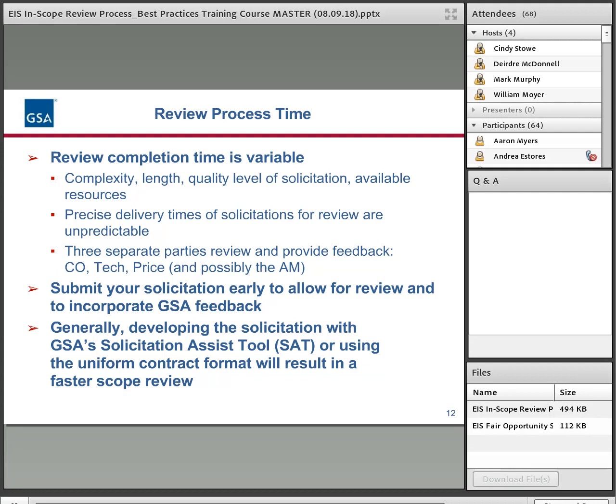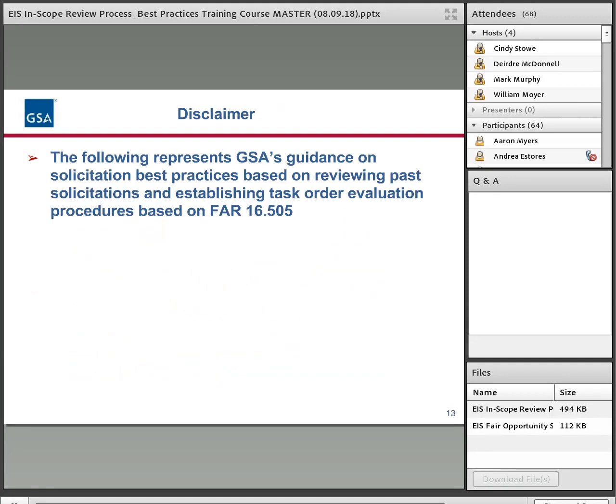But as I said, workload, how many are in the queue, could easily change those figures. So again, we highly recommend that you get them in as soon as possible. And just want to reiterate, if you ever want status on your review, one way is to go into the tool and look at what stage it's in, or you can contact your AM and we can coordinate with them to provide any updates.